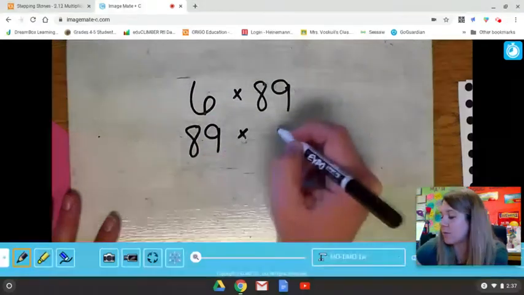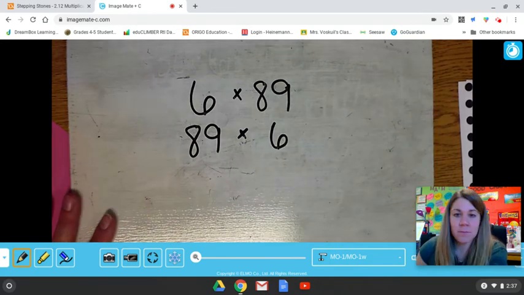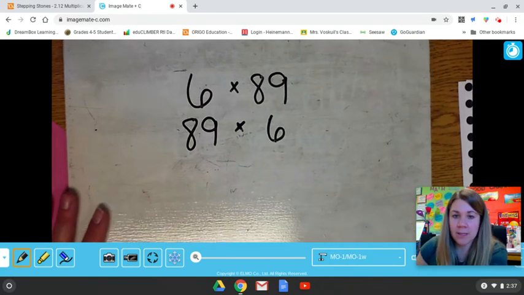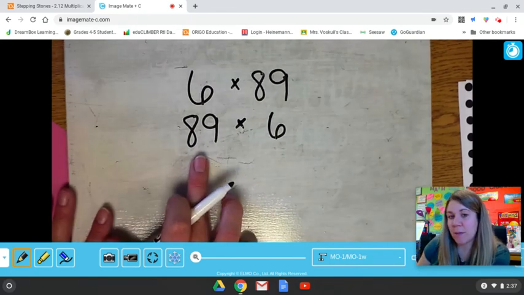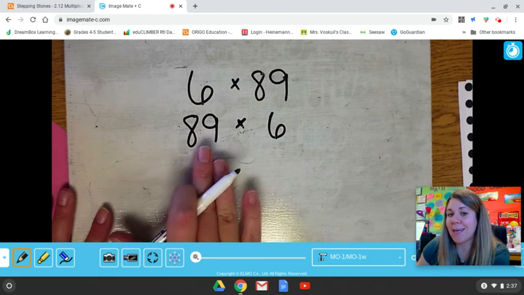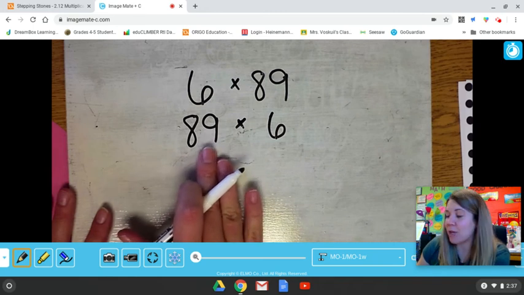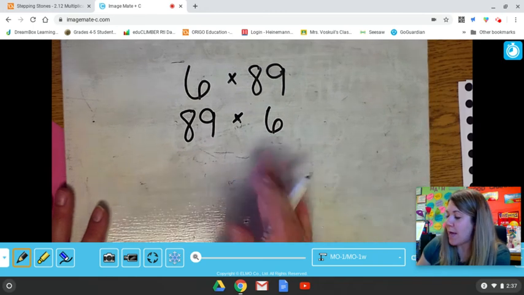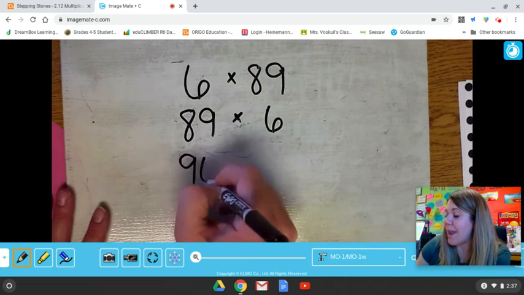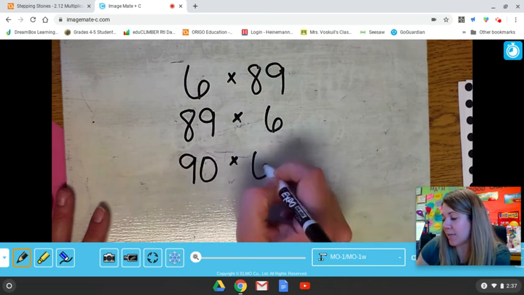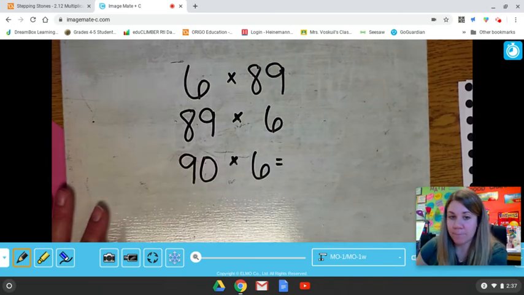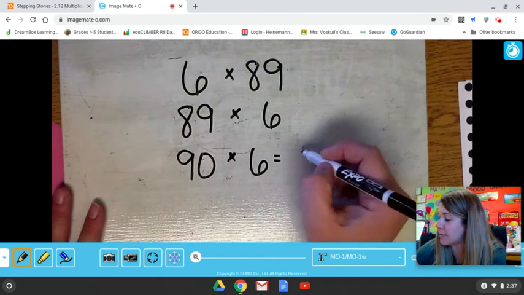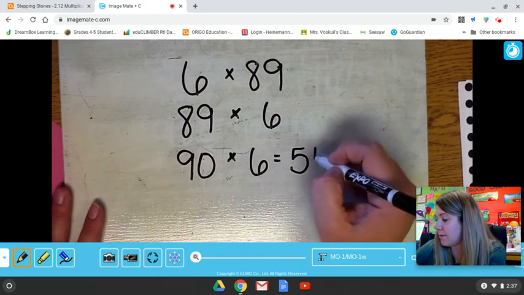I like the larger number to be first, but it doesn't matter. Both will be the same. I switched it because I want to think about it as being 89 groups of 6. I'm going to use 90 groups of 6 to help me. 90 times 6